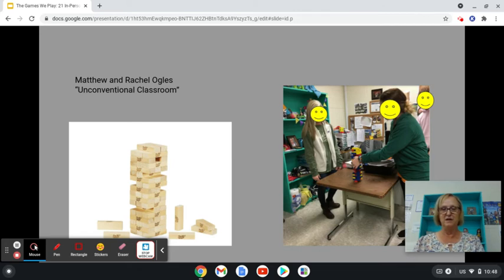Now, there will come a time when all of them want to draw a piece, so you can change the rules, of course. But it's a good review game, and whoever tumbles the tower, they have to set it back up. So that stops people from knocking the tower down on purpose. And the monitor makes sure that they play it correctly. So it's very important to have a monitor.